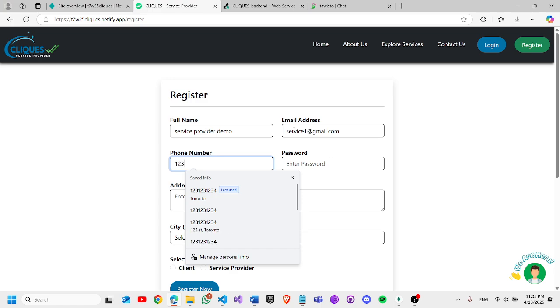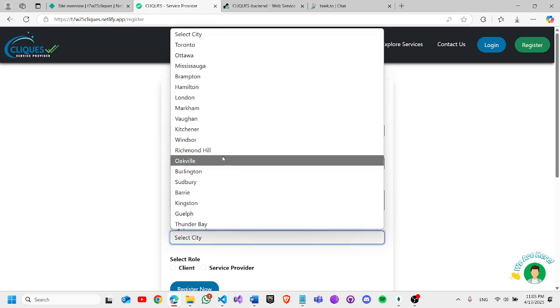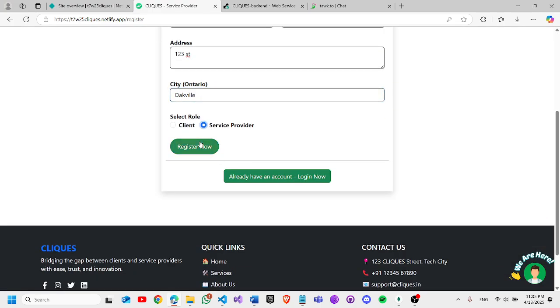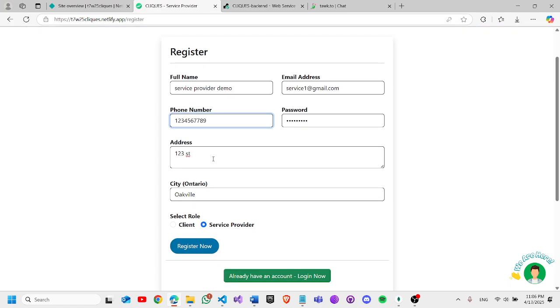Phone number, password, address, city, service provider, and register. It says enter a valid phone number because I did not enter a valid phone number